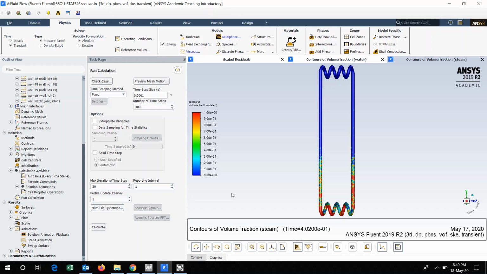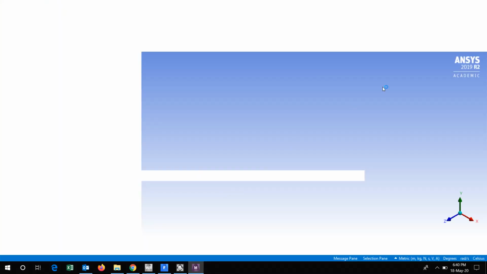I have not specified the fine meshing here, because with my system configuration it takes so much time, and I want these results within a shorter duration. Still it will take some 7 to 8 days for performing more than 50,000 iterations. So in order to reduce the time required for this particular case, I use the default meshing instead of a fine or customized meshing. So this will be the part.